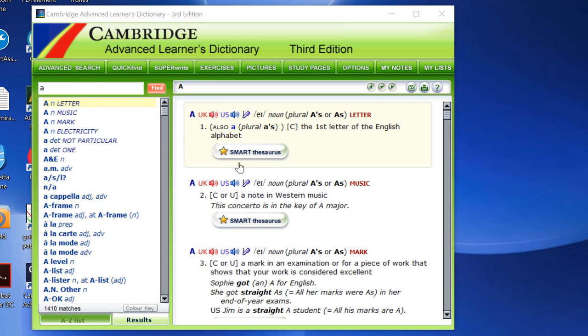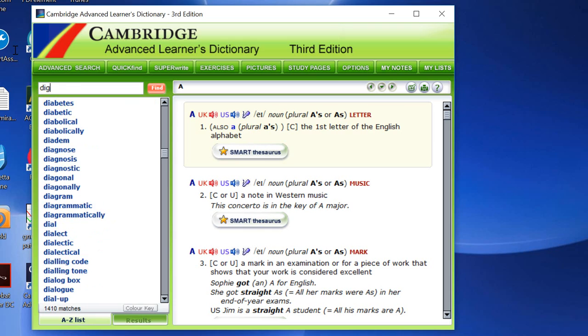For sure, it's not only one dictionary, as you can see here. There are some buttons here that help you to improve your English. You can see the study page, exercises, pictures, and some other points. Okay, you may not know the meaning of some words, and for sure you can find that here, but you